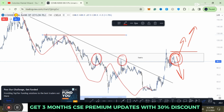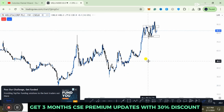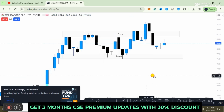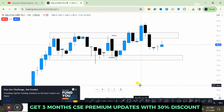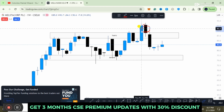So let's move into the next counter, which is MELS Corp. Right, so another simple concept, once again a very simple concept. It is a supply and demand zone, which is a resistance and a support, right? On the weekly time frame, it is very clear the market price has once again respected this level,